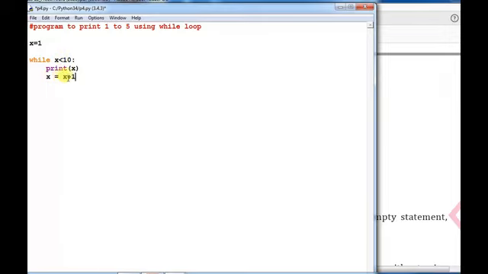Now the value of x is increased by 1, which means the value of x is 2 this time. So 2 is less than 10, yes, again it moves inside the loop body and prints the value of x. Now it will print 2, and then again it will increase the value of x by 1, then 3, then again it moves, and the same process repeats until the condition is false. Okay, now run this program and you can get the result.